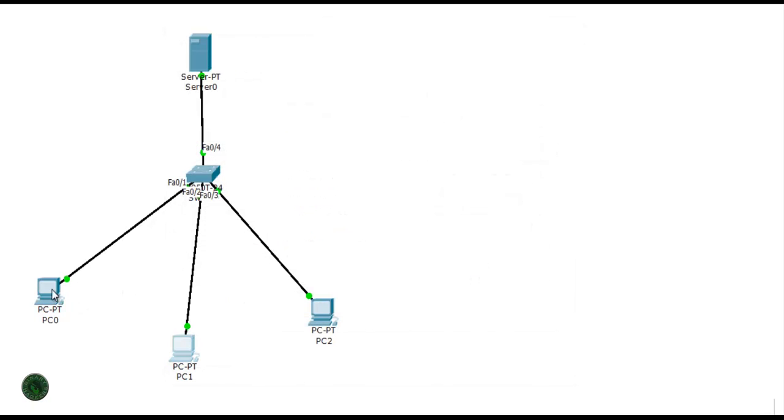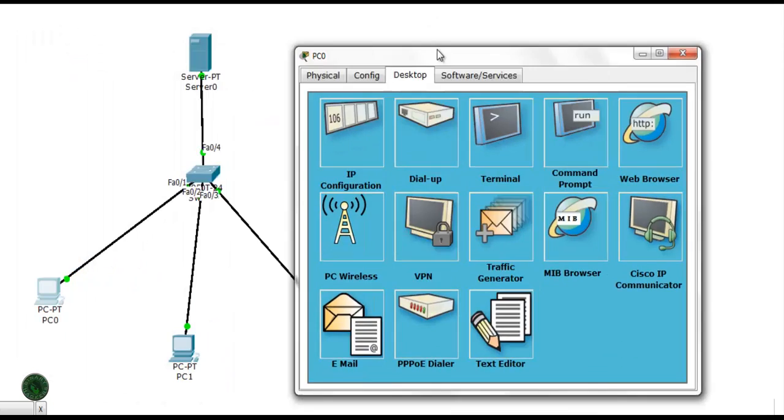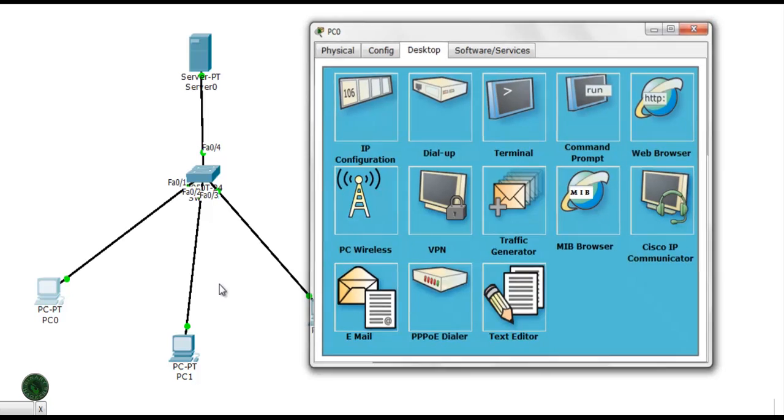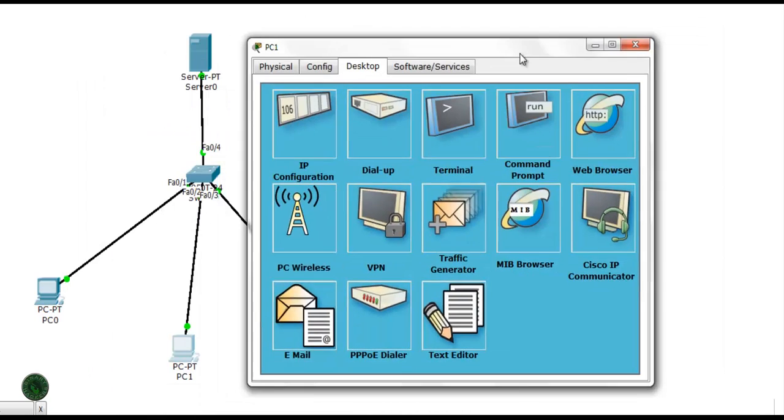Now let's open PC0 and request configuration for DHCP, and the IP address is set to 10.1.1.21 because I started from 20. The subnet mask and default gateway are also set by default. So our DHCP is working perfectly.